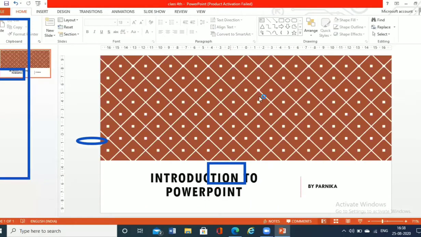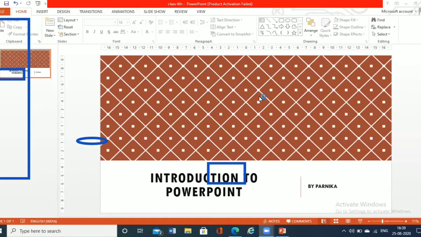Why is it very important to save a file? Because if in future there is a need to work on the file which was created earlier, and you have not saved it, you have to work again from the starting. So once I have created this file and after 10 days I need to add more slides to this presentation, I can open it from the place where I saved it and start working on it.